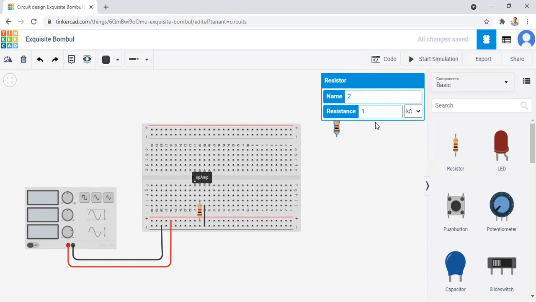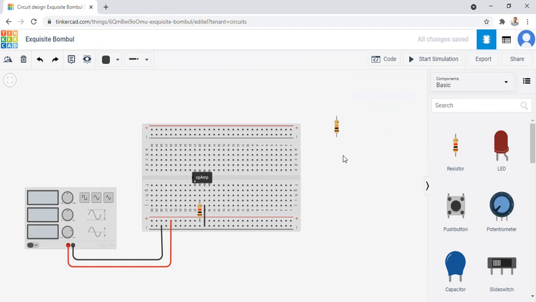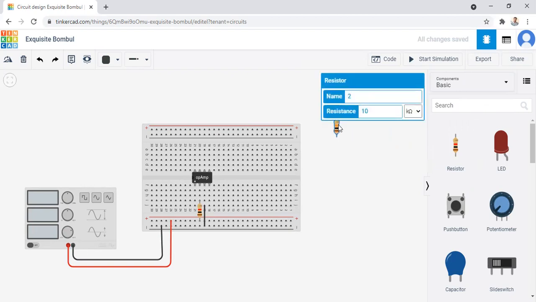The value of this feedback resistor is 10 kilo ohm. Now rotate this resistor like this.